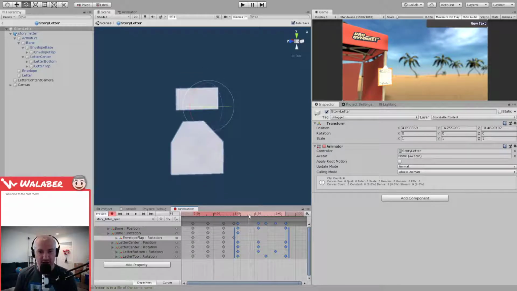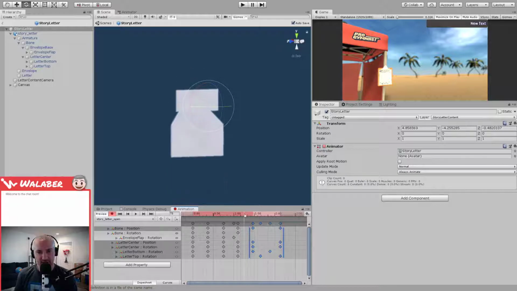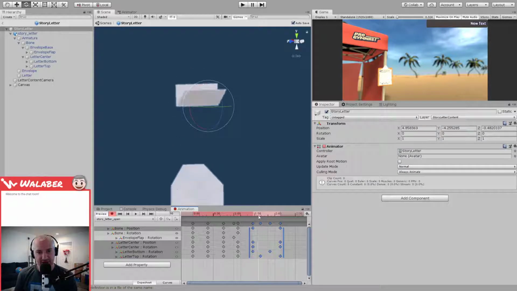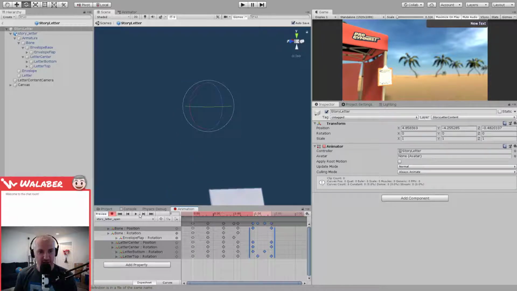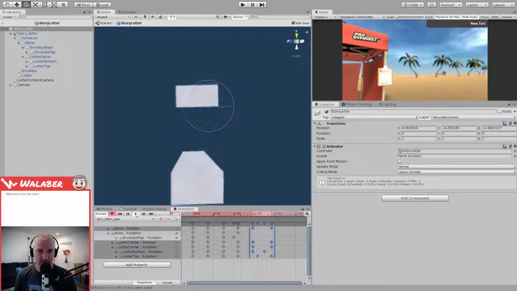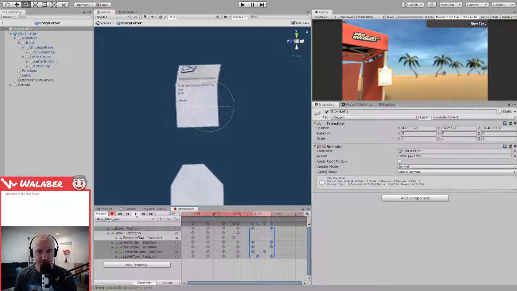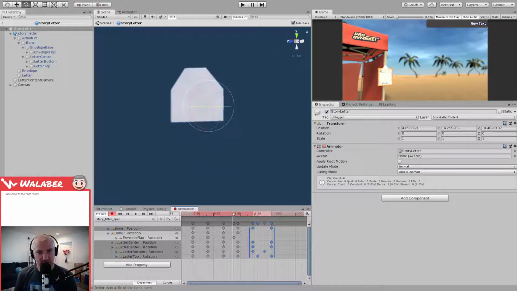Not bad. I think I could actually get the letter in position faster. Right. And then this is the section where it opens, right? This whole thing can be a little faster. Let's try that. Not bad. Okay, now